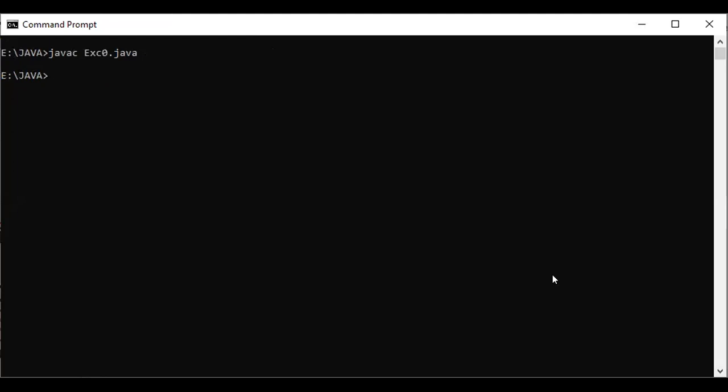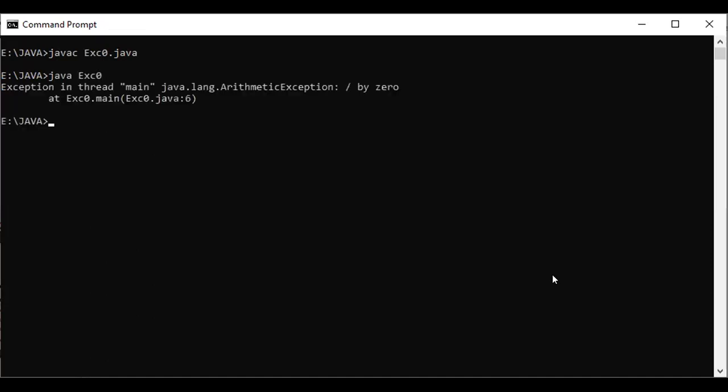So it compiled successfully, and the compiler is saying there are no syntactical or semantic errors, but that is a logical error. It's a runtime error. So try to execute this one. It displays the error here: Exception in thread main java.lang.ArithmeticException: / by zero, divide by zero, at the Exception class name dot main function name and file name, and at what line it generated that exception, ArithmeticException.